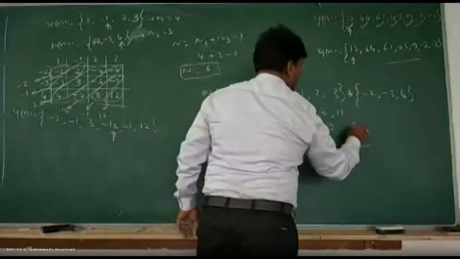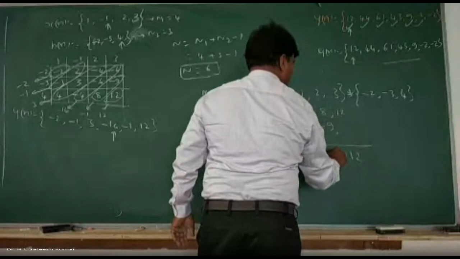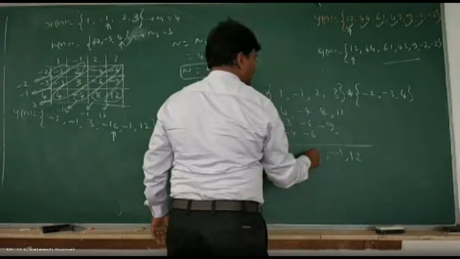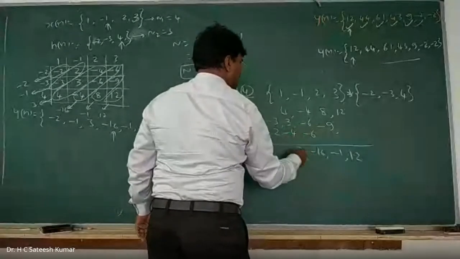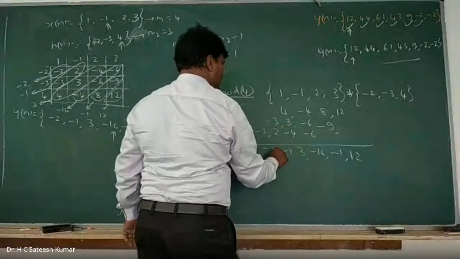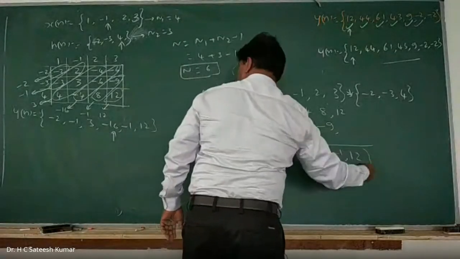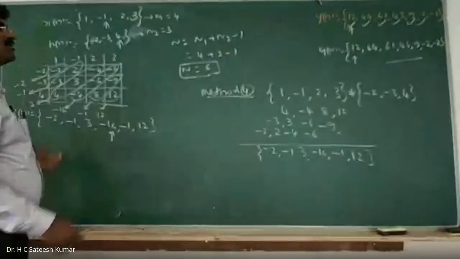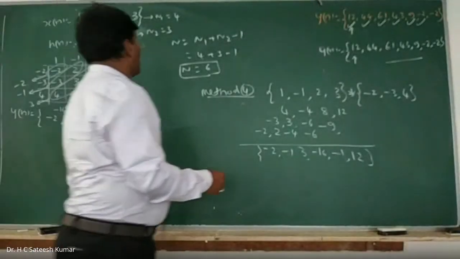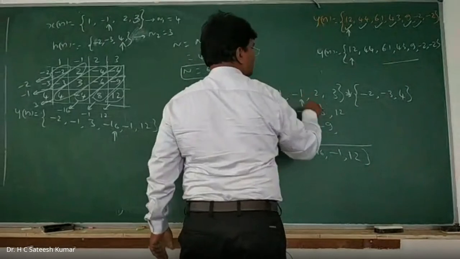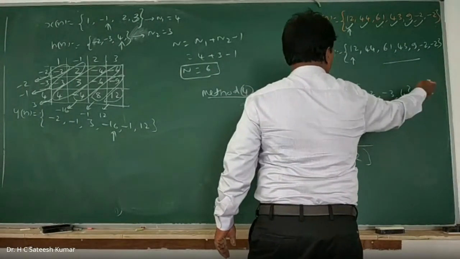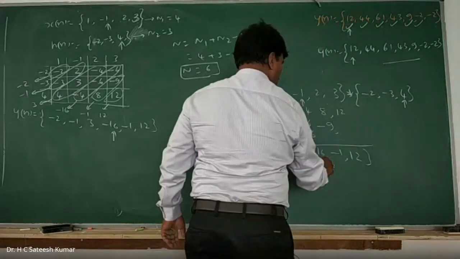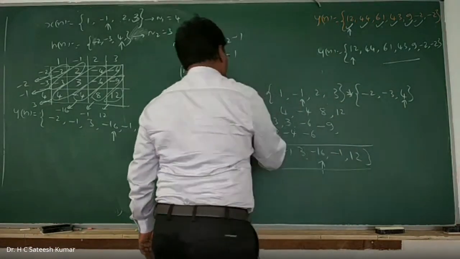Add them, you will get 12, minus 1, and minus 16, and 3, and minus 1, minus 2. Verify that. You will get the same thing. Once again, where does the arrow mark go? Here this is minus, and here 4. Leave the elements, 0 elements on one side, 2 elements on the other. Leave 2 elements and put the arrow mark. So this is another one, the easiest method.